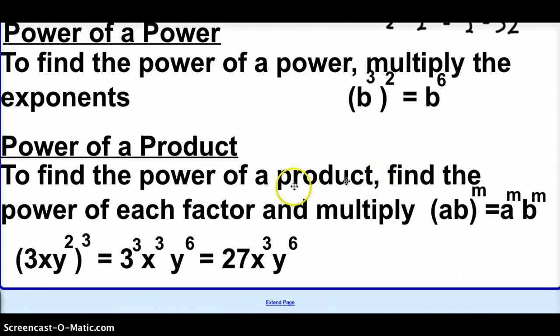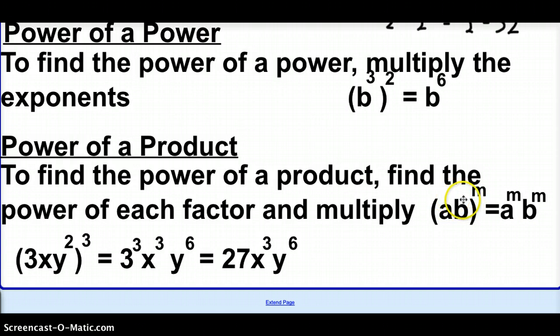Third rule is called the power of a product. To find the power of a product, we're going to find the power of each factor and then multiply. So in this case, looking over at the letters first, we have ab to the m power. It's just going to be a to the m power times b to the m power. So if you think about it, it's really like rule 2, but since we don't have any exponents showing in this particular example,